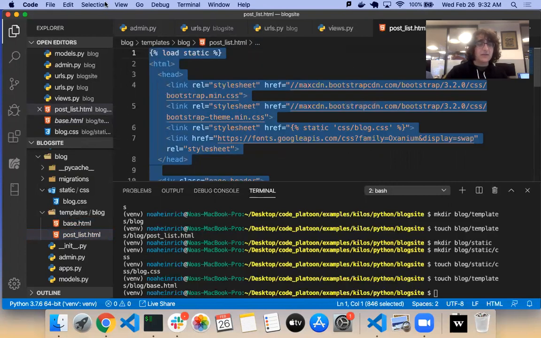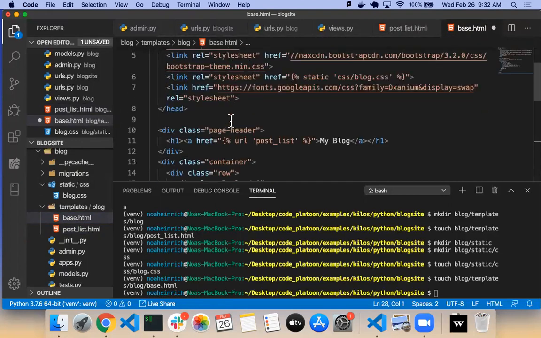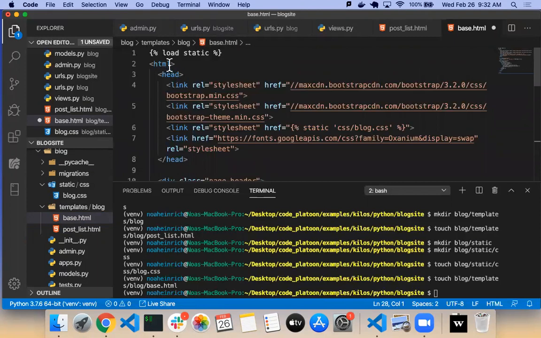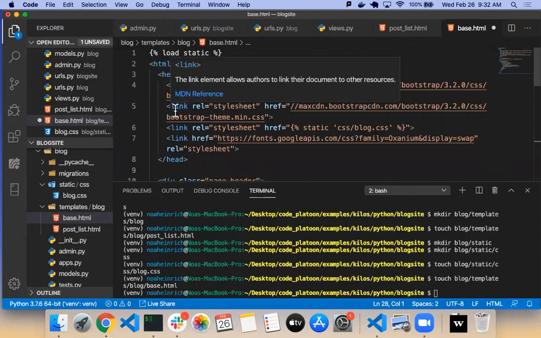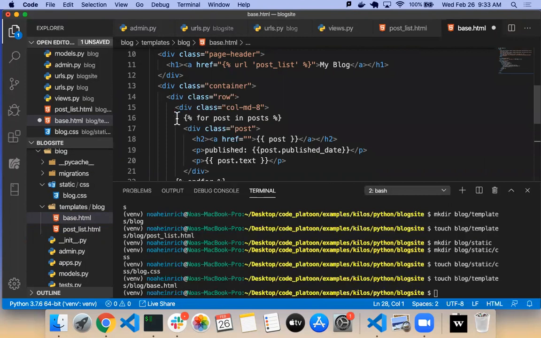We're just going to copy everything and then get rid of the things I don't want. I'm going to keep the HTML, the head, all of the links to the style sheets. Also keep this page header here. In fact, I'm going to keep everything except for the actual content.